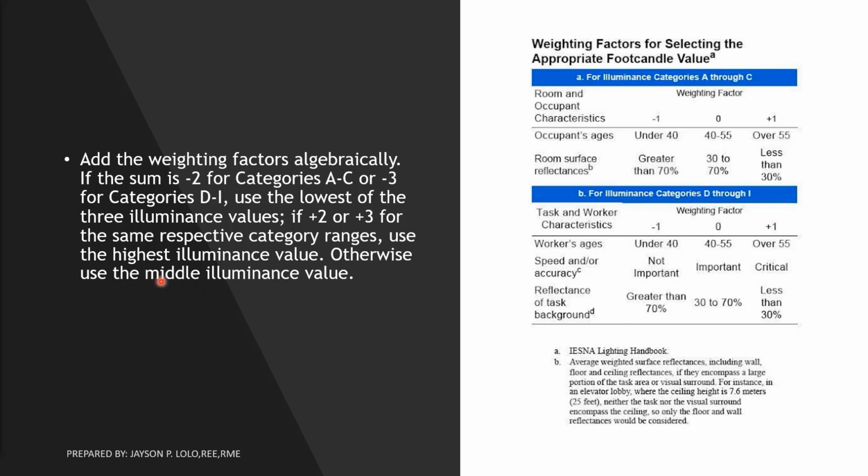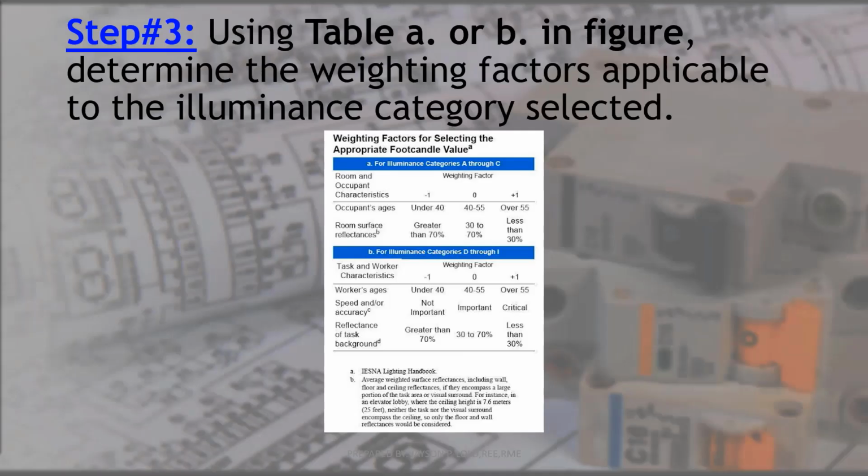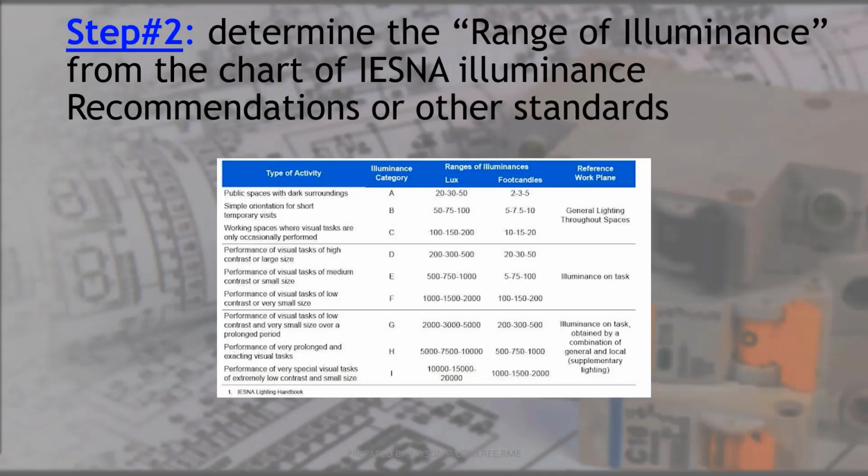Otherwise, use the middle Illuminance value. So dili mo siya negative 2, dili siya negative 3, dili siya positive 2, dili siya positive 3, was positive 1. Kung positive 1 siya, balik ta dito sa katong original na table, and it is under category E. It was indicated. Then automatic, if you are using foot candles, it needs 75 foot candles, while it needs 750